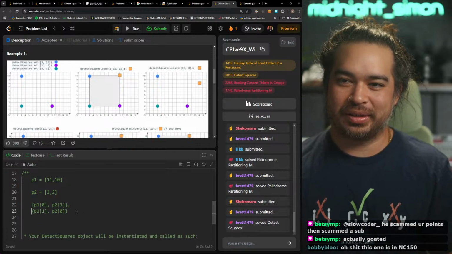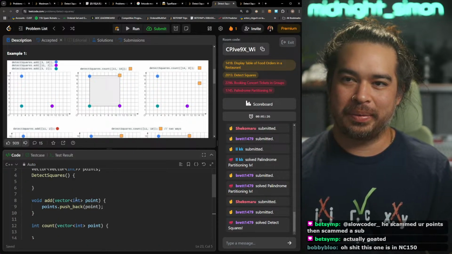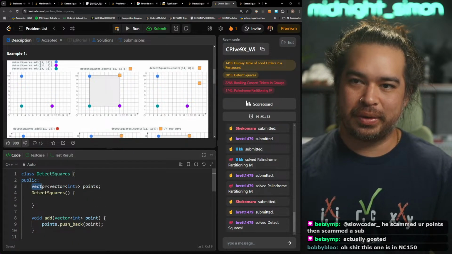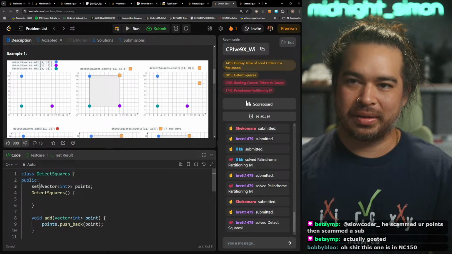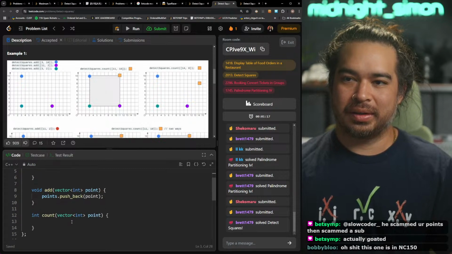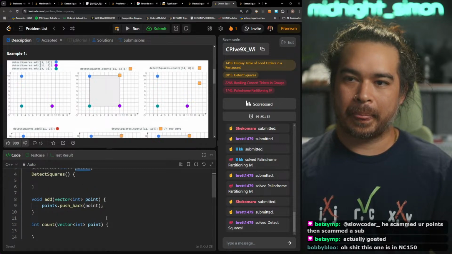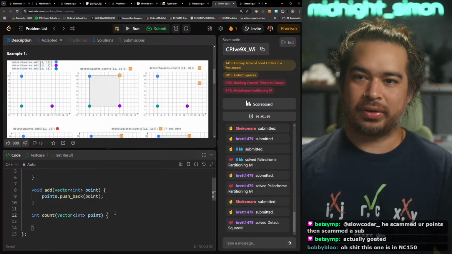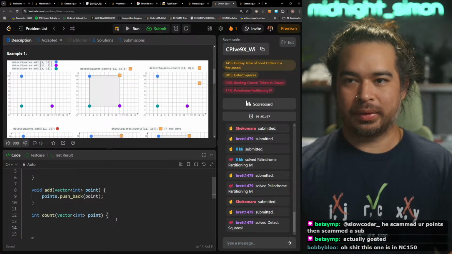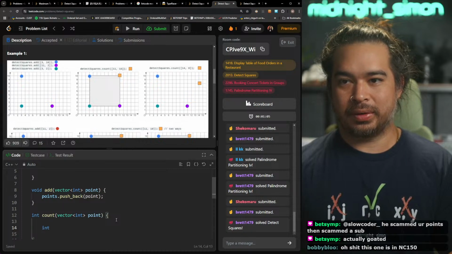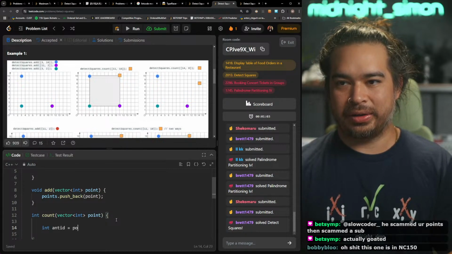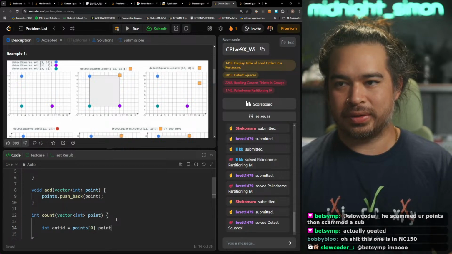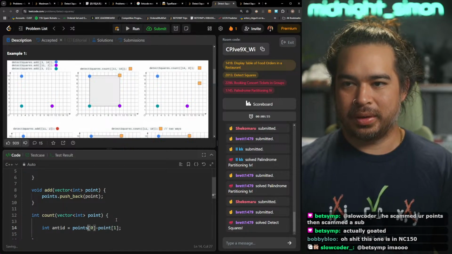All right. So, alright, I'm thinking, instead of doing this, can I have a set? Alright, so the anti-diagonal is point 0 minus point 1.